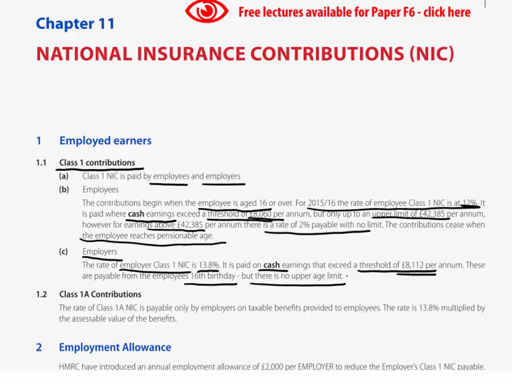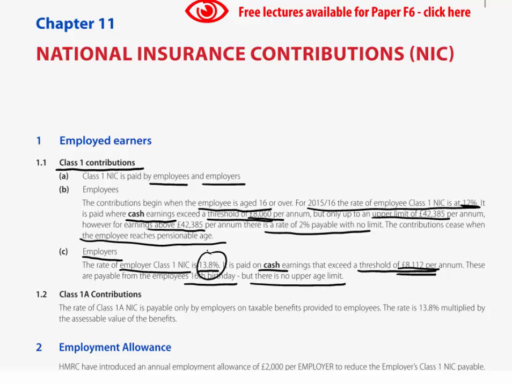And also note there, we've said that the rate is 13.8%. So there's no upper earnings limit here in relation to the employer contributions. Anything and everything above 8,112, not just up to 42,385, but up to whatever is the level of cash